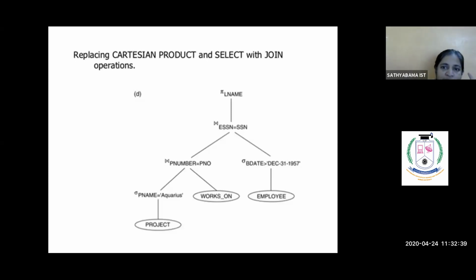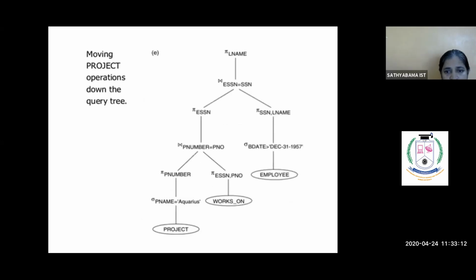So how step by step are we optimizing? Initially we have used only Cartesian product. Later we have used select operation. But next, the next query tree is generated. Initially, you have selected whichever relevant attributes we needed. We select only those rows, and again we replace the Cartesian product. There are many ways to join, to combine your tables. So the next query tree is based on join operation. So these are the various query trees generated.